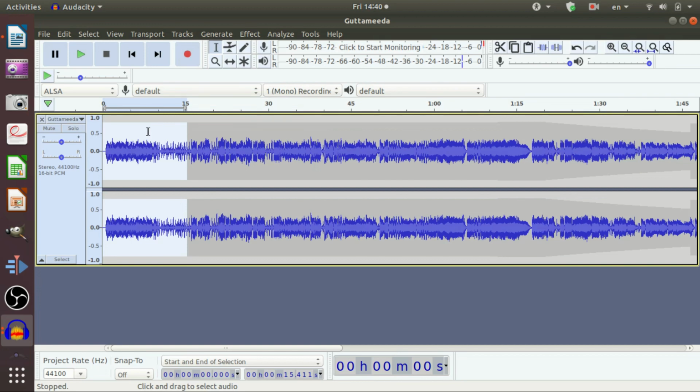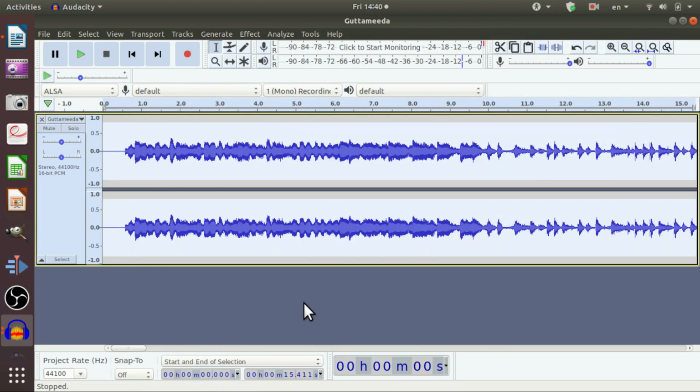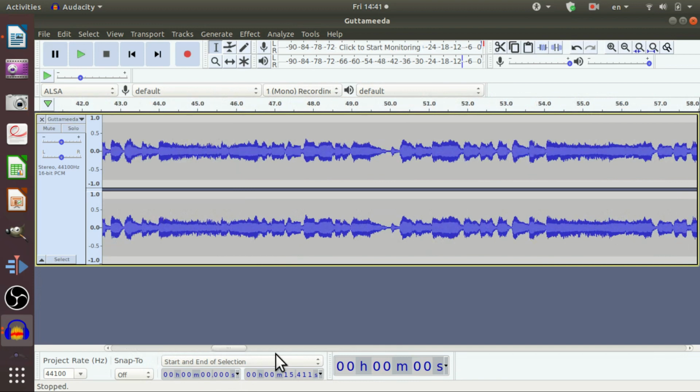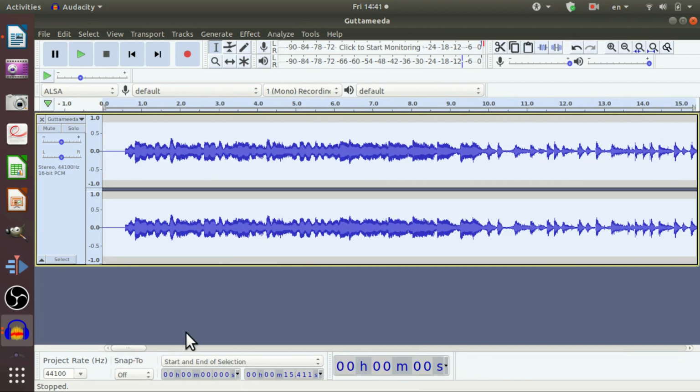Now I am going to use Ctrl+E. The total window was selected. So whatever we did for the first 15 seconds is applicable to the total window. So that is the fourth option, zoom to selection.